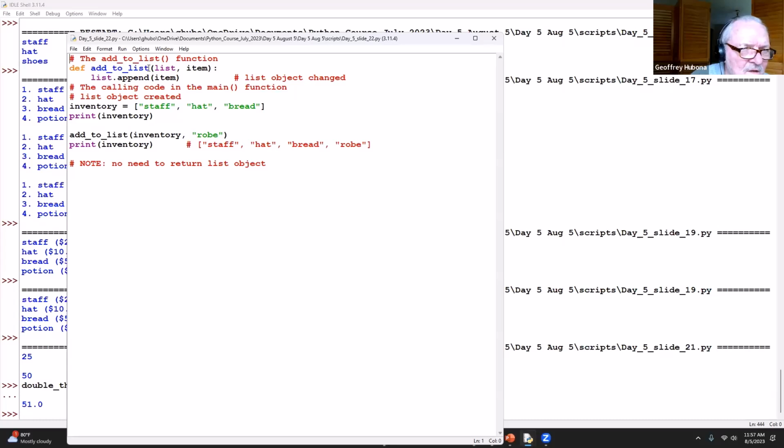Right, so we're passing a list, which is mutable. We are simply appending the item to the list. And note that the function itself doesn't return the entire list object, but the list object, which is in the global namespace, is changed. Okay, and we can see that because when we run this code